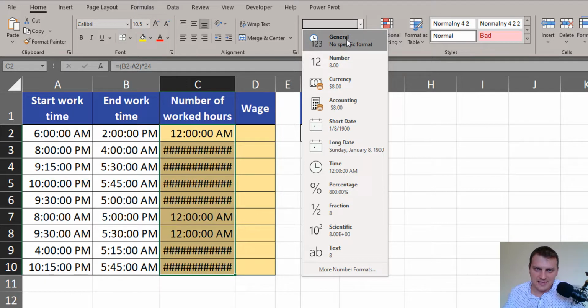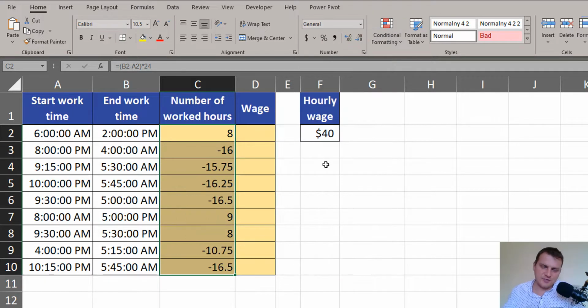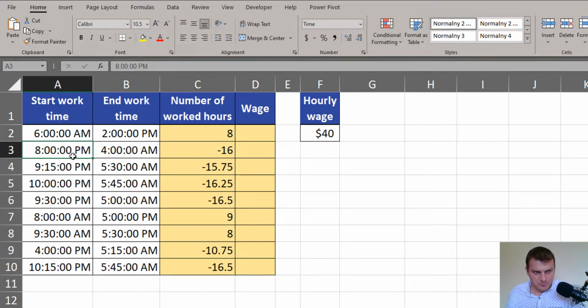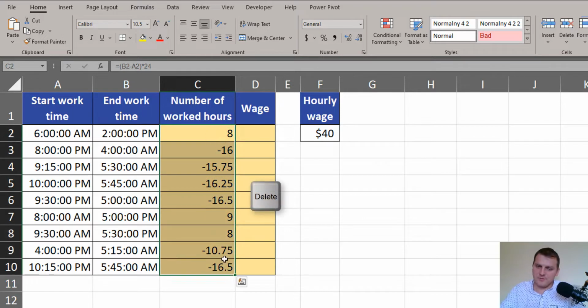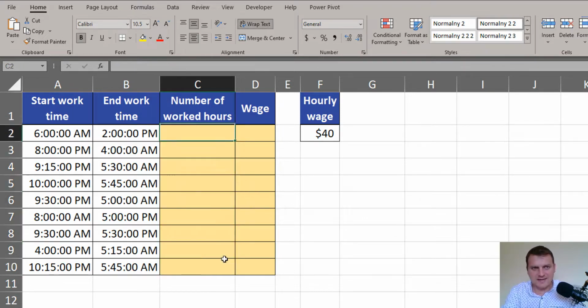So we have to go to general formatting once more, and now we can see negative numbers for the night shift, but the results are wrong, because from 8 p.m. to 4 a.m. there are only 8 hours, not 16. So this human approach won't work in Excel, and the simplest, the shortest